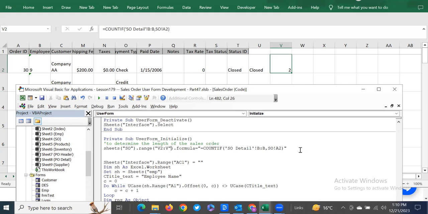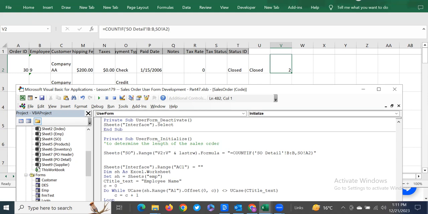So that is the last row actually. So we have to determine what is the last row of this. So let's determine what is the last row of this. So we will say that last row is